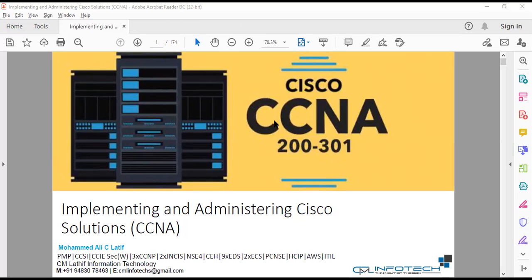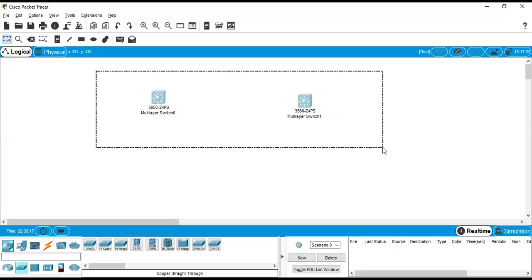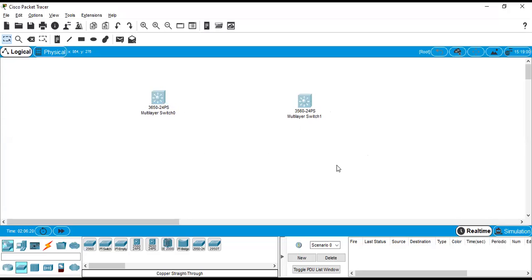So let us say we have two 3560 switches with 24 ports. A 3560 and above is considered a layer 3 switch. From the EtherChannel perspective, we have layer 2 EtherChannel as well as layer 3 EtherChannel. Layer 3 EtherChannel binds multiple layer 3 interfaces as a single one and assigns an IP address. We can discuss this later in the layer 3 routing class. Now we're focusing on layer 2, to carry VLAN information between switches over a dual link.